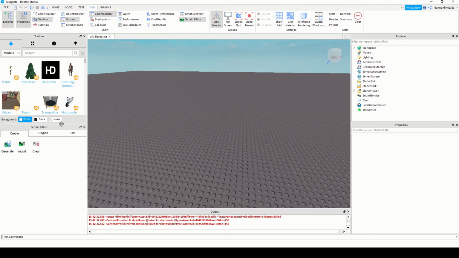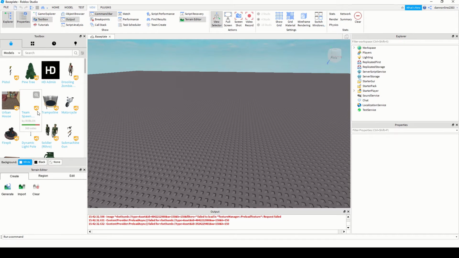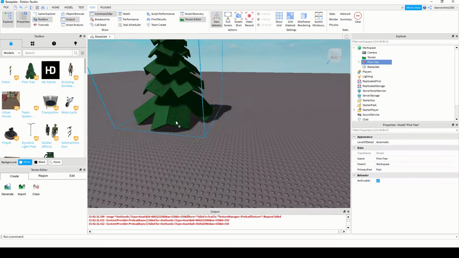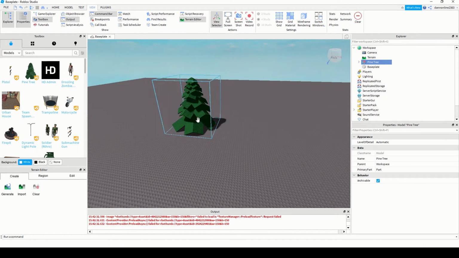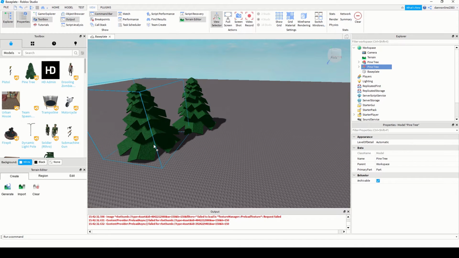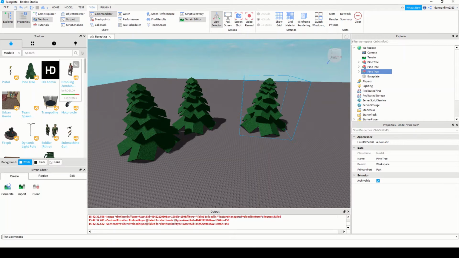Toolbox. So ito yung may mga pre-made, I'd call it assets na pwede nyong gamitin if you're doing a quick project. Itong mga to is pwede mong i-drag and drop sa map mo or sa game na ginagawa mo. Okay, like for this pine tree, you can just left click and hold and then drag it to your workspace and lalabas na siya. And you can have yung ibang assets like itong